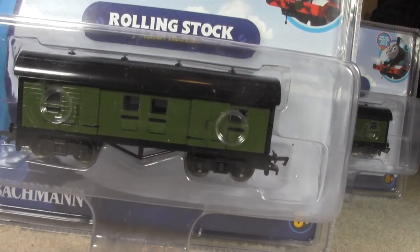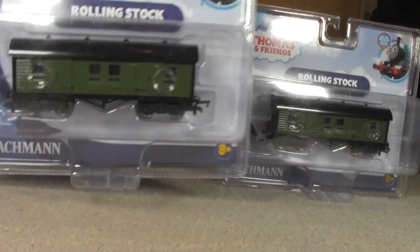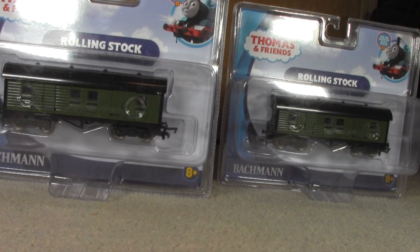You can immediately tell it's still the exact same mail cars that we've got beforehand, but it's all against a green coat of paint. Although I do notice the mail lettering and the logos are far different. Either way, they don't look like mail cars. They look more like work unit vans, which, if you've seen the first couple of seasons of the Thomas TV show, well before they showed off the mail train,